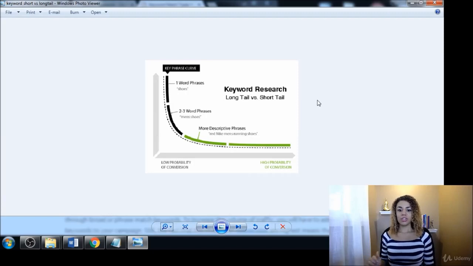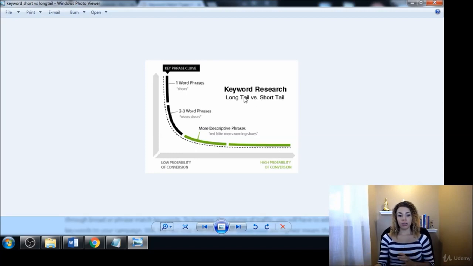All right, so let's get into the kinds of keywords that there are. First of all, there's two types of keywords. I hope you guys can see this picture all right. I tried to make it bigger, but it gets a little bit blurry. But this was the best picture that I could come up with that really showed a good description of what I'll be talking about. So basically, there are short tail keywords or seed keywords, and there are long tail keywords. And then, of course, there's keywords that are in between those two. But those are the two main types, okay?